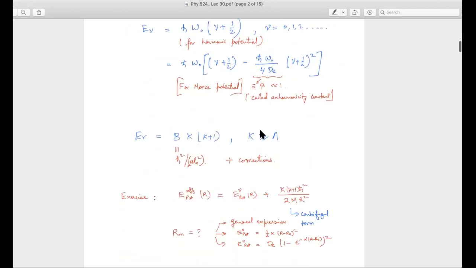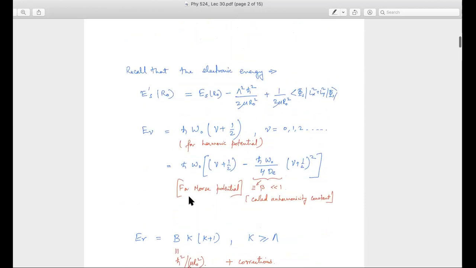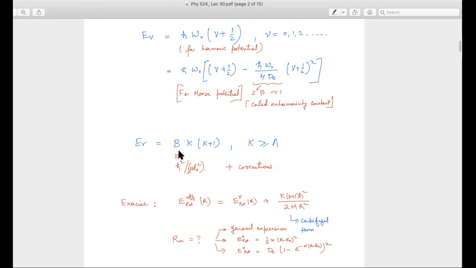Okay. And then we had this, basically, that the ER, so the rotational degree of freedom, gave me an energy which was some proportionality constant B, which is basically h bar square by mu r naught whole square, r naught is the mean separation, etc., times the quantum number for the total nuclear angular momentum, basically. So B times K (K plus 1), where recall that this K has to be larger than lambda, where lambda was the mod of the eigenvalue of the LZ operator, etc. Plus, there are a lot of corrections, etc., which we were trying to derive in the last class, etc.